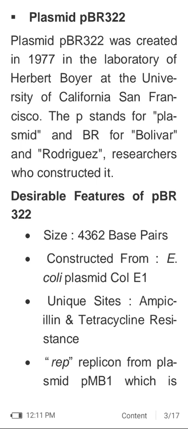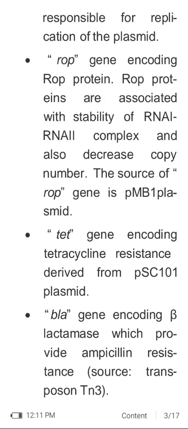constructed from the E. coli plasmid ColE1, unique restriction sites, ampicillin and tetracycline resistance, replicon from plasmid pMB1, which is responsible for replication of the plasmid, and the rop gene encoding the Rop protein. Rop protein is associated with stability of the RNA I–RNA II complex and also decreases copy number. The source of the rop gene is